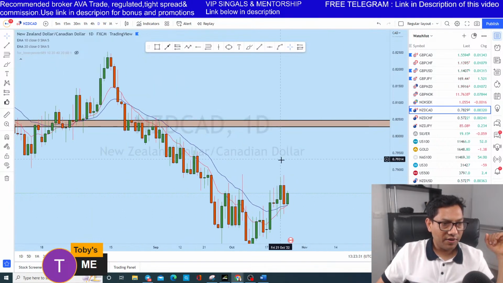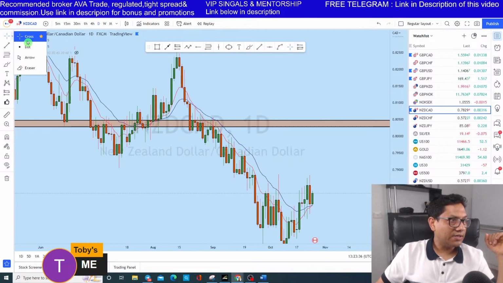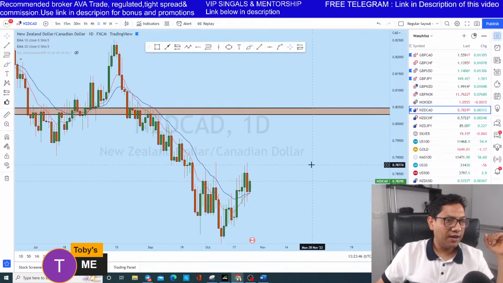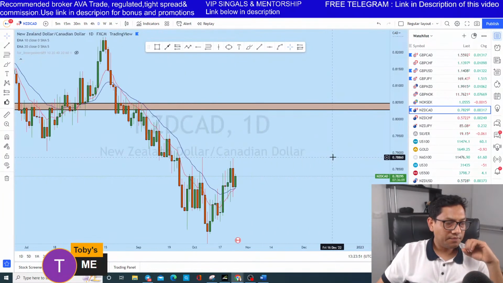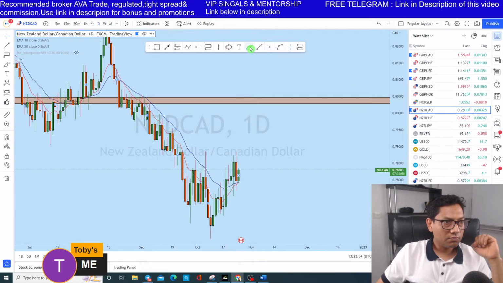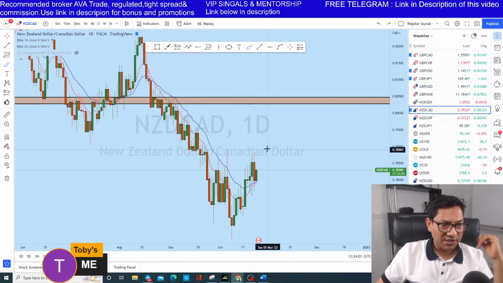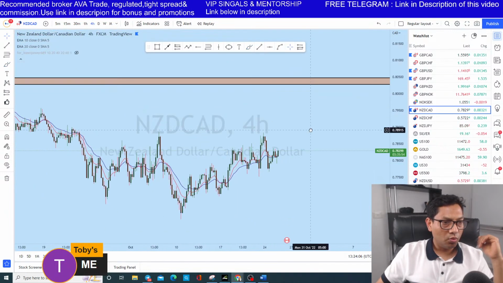On the daily, already from this moving average we have seen some pushing. As you can see, NZD CAD on the daily has created this inverted head and shoulders. With that inverted head and shoulders, I think it might continue to go up. So it is long-term bearish, but the price action is now creating a bullish move. On the 4-hour perspective, we see that